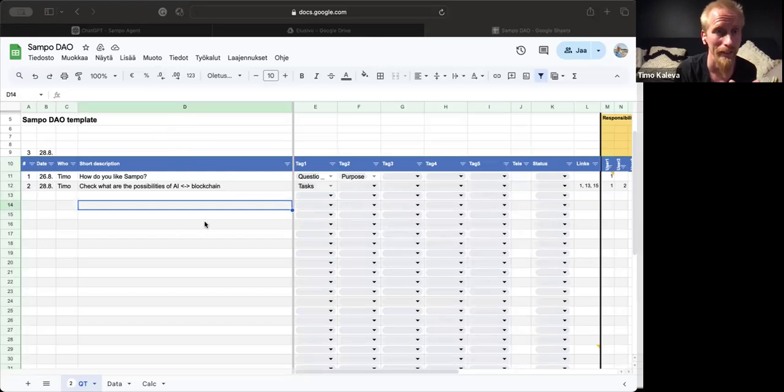When we are collecting in the Telegram platform with the Sampo structure, when we first collect questions, we can weight the importance by likes. So we can start seeing which questions have the most thumbs up. These questions can then be taken into deeper analysis, and we can start creating these database nodes for collecting beliefs. This is actually not the best example, but here we have many beliefs, and we can set the agreement that